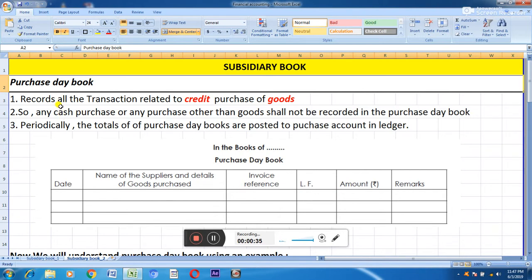So, what is the purchase day book? I have not given any definition here, but instead I have given some basic points so that you can understand which transactions will be recorded in the purchase day book. So first,